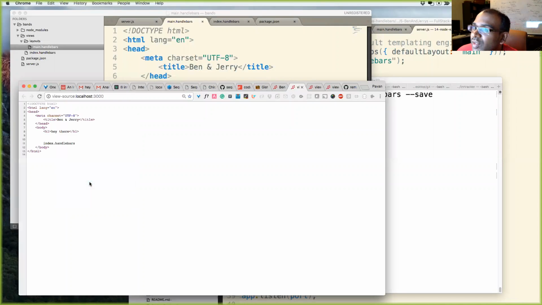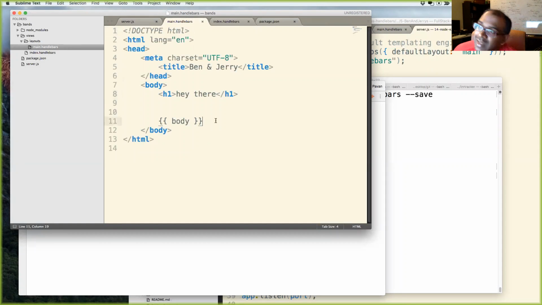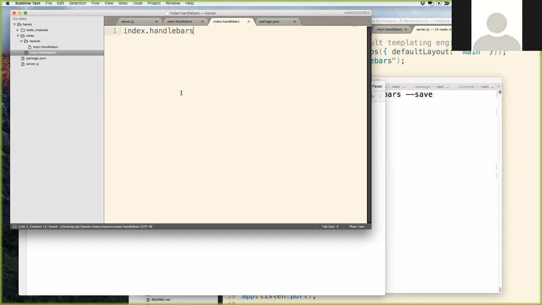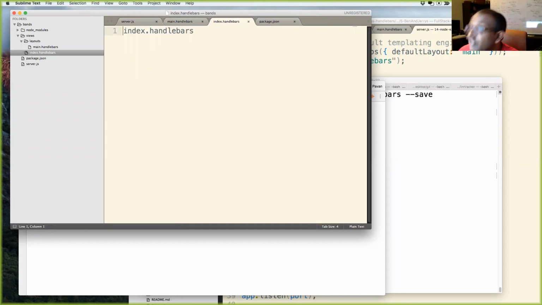View page source. Remove the index.handlebars. Looks like there's nothing that changed. That's kind of weird. But what I will do is do this change again and see if there's a mistake. I know there's something that goes wrong when you don't include three curly brackets right there. It's not changing because you don't have any HTML in there, so it's not escaping. That's a really good point. So let's put some HTML in here.